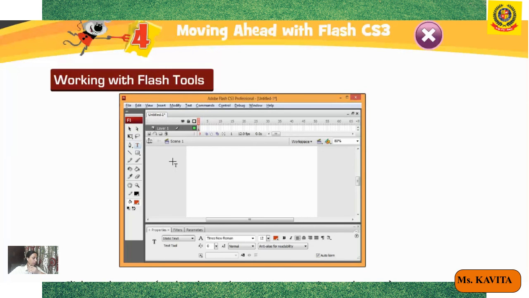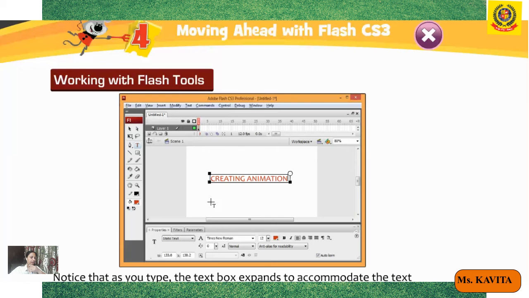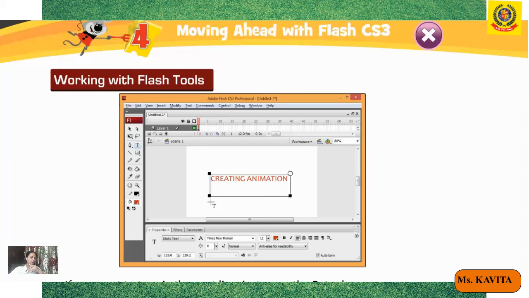Now drag the corner handles carefully to increase or decrease the size of the object proportionally. You can drag the transform border from the vertical or horizontal resizing handle to increase the height or width of the object respectively.